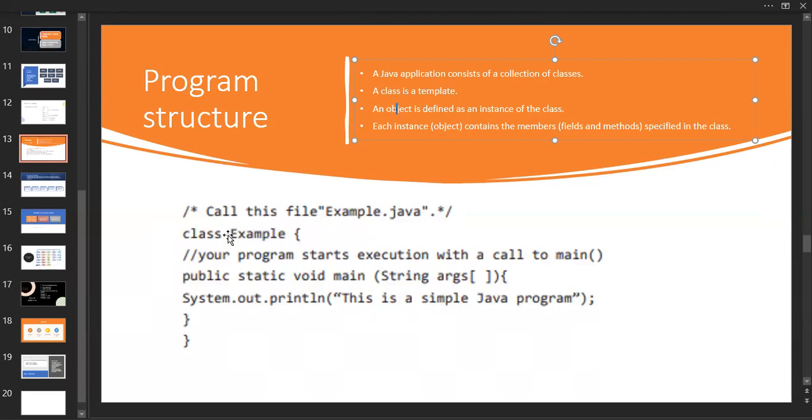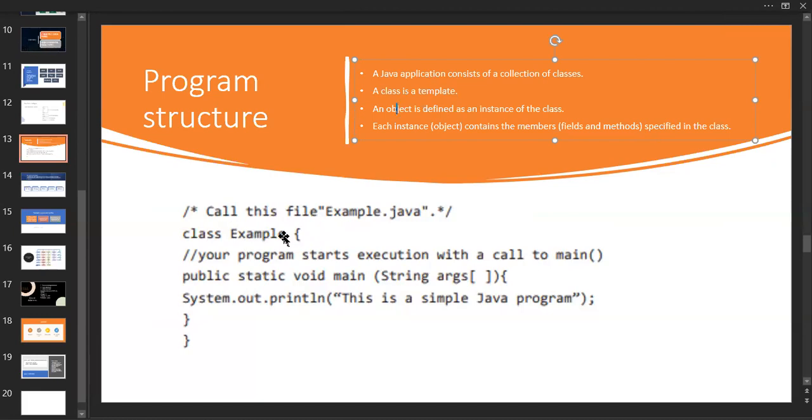This is user defined. You can take it on your own according to the situation you are using for the application. If this is the addition program, mention it like capital A, D, D, I, T, I, O, N. So I'm going to take the example.java, and I'm going to take the name of the class as Example. This is user defined, predefined. You know about that, right?